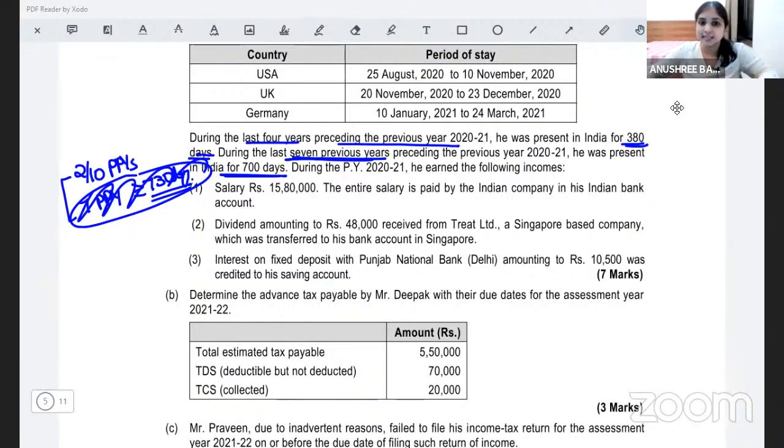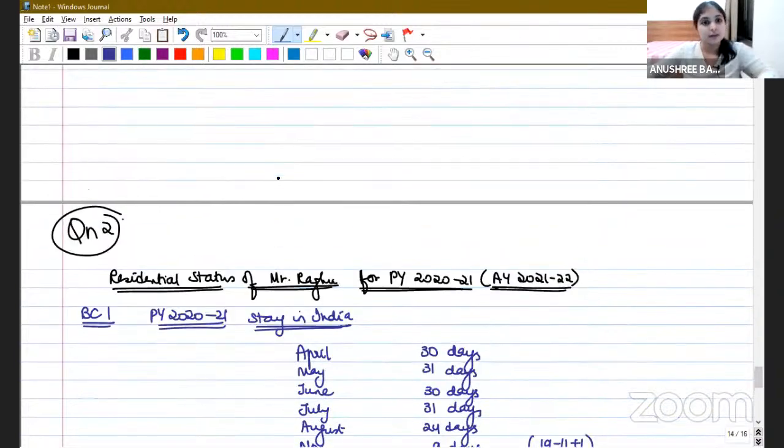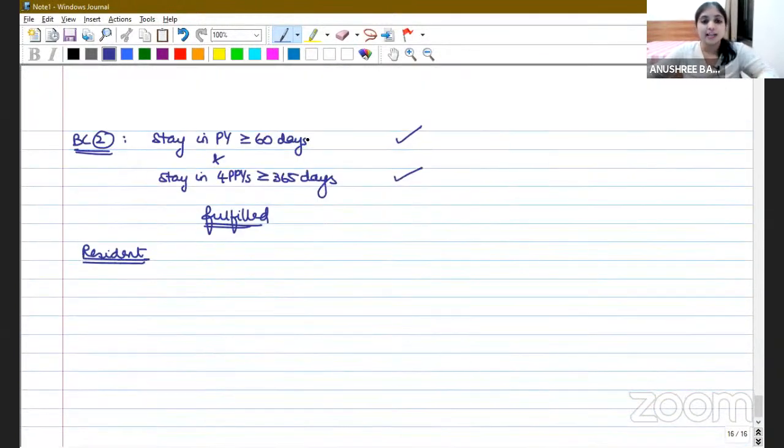All right. So assessee is resident, you understood. We applied regular provision. As per regular provision, first basic condition we couldn't fulfill, but second basic condition we were able to fulfill. So we concluded assessee is resident. Then below that write down,